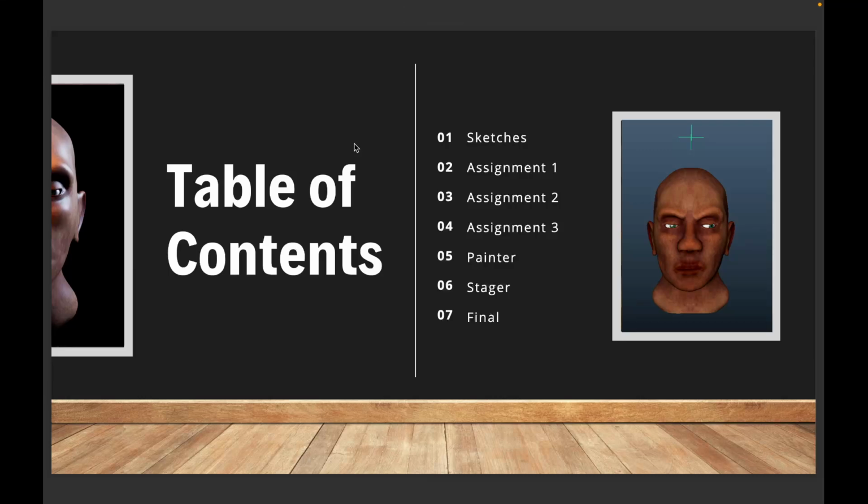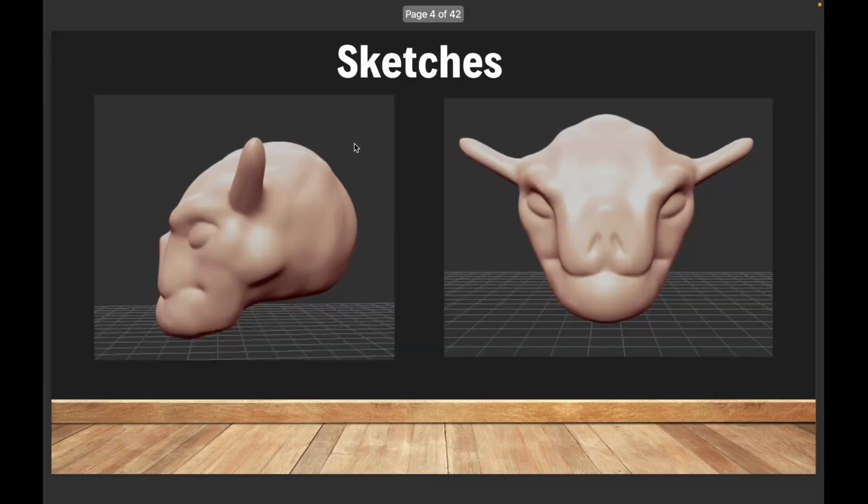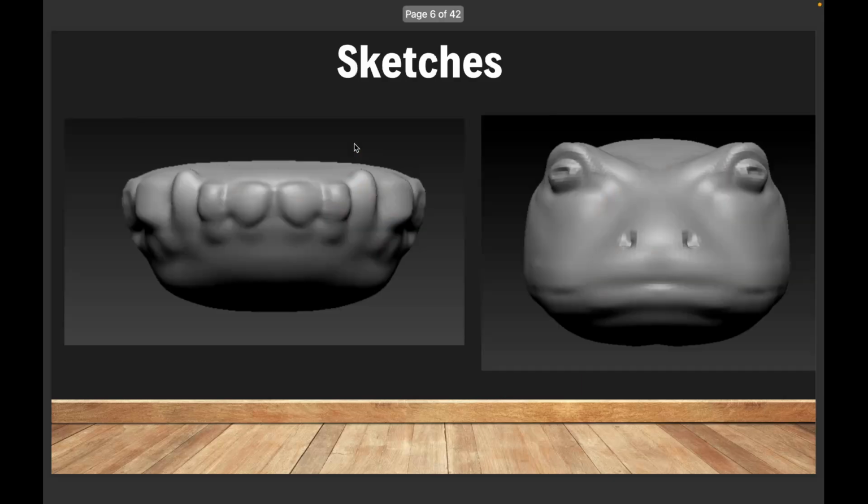We'll be very quickly going over the sketches, first, second, and third assignments, the painter and stager stages, as well as my final project. So here are some of my sketches. I just wanted to have some fun and just try to create something new every day. Yeah, I just had a lot of fun creating critters, snakes, real or mythological creatures, and just random objects